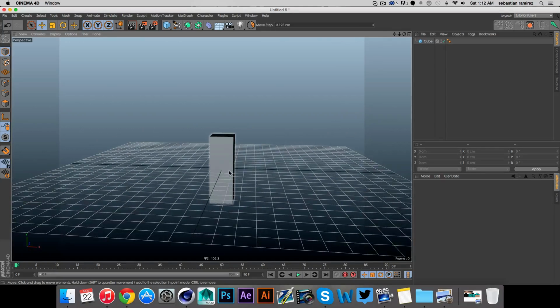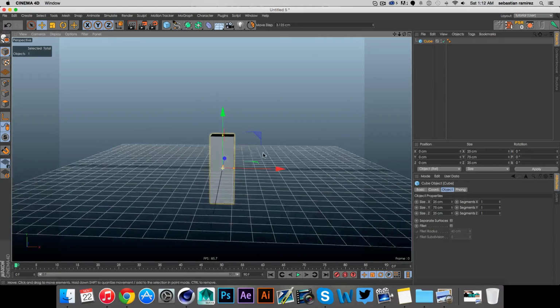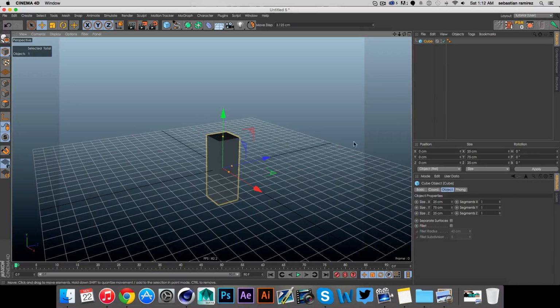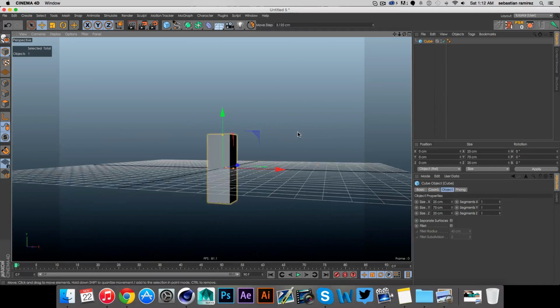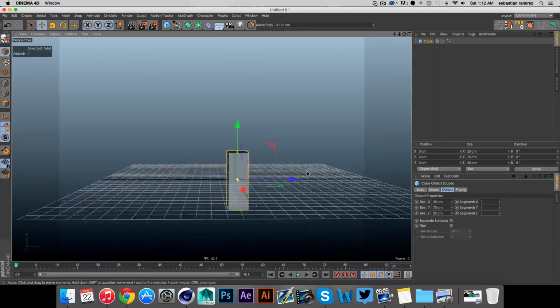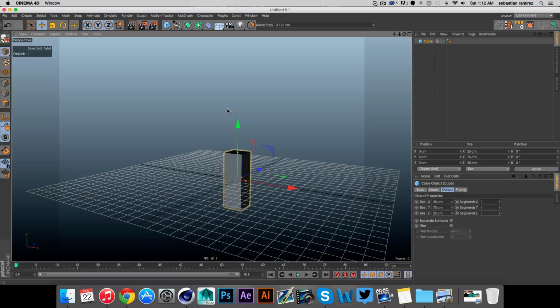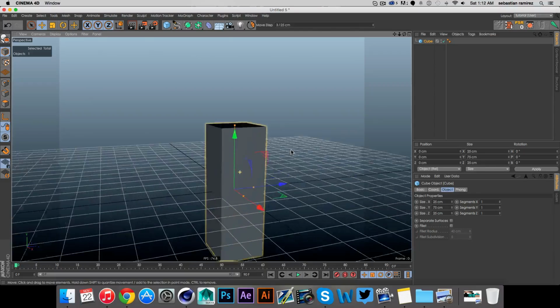So this is how Cinema 4D should look. Y up and down, x is left and right, z is deepness. So this is the front right here. This is the side, front. So you always want to work like this is the front. That's the best way to work in Cinema 4D. All right. Now,